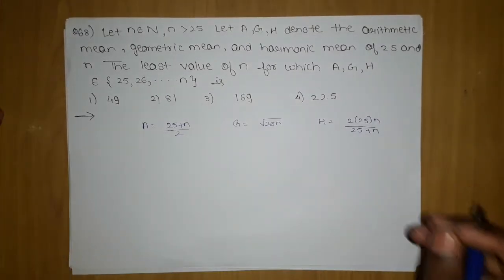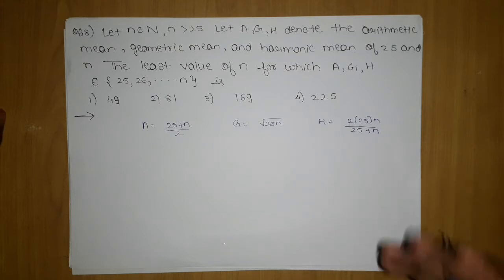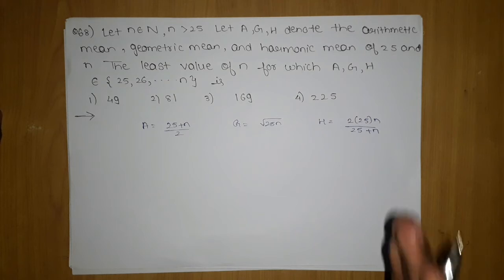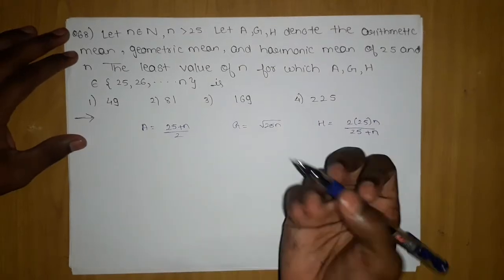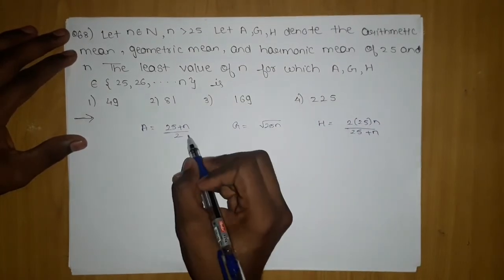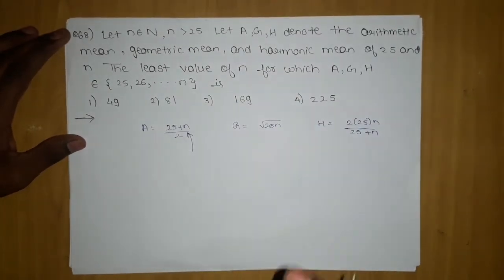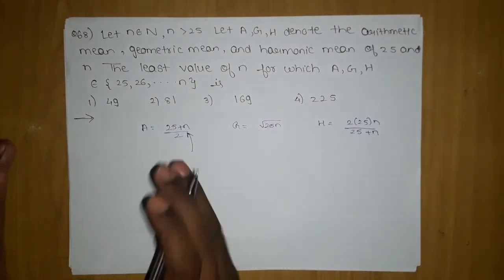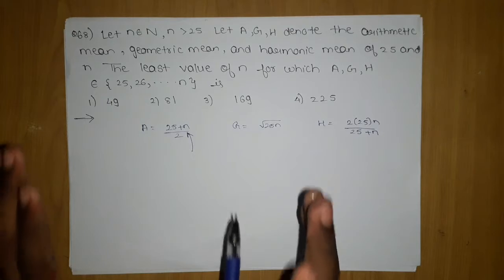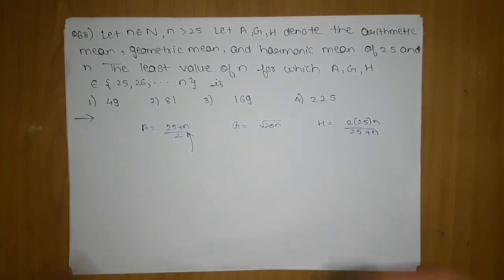It is based on your observation how you give the answer. That is the specialty of this variety. In this variety what you have to do is hit and trial. In what manner you have to hit and trial, that is the crux of this question. Listen, first you have seen that n belongs to a set of integers, so the answer will always be an integer, so it cannot be irrational.